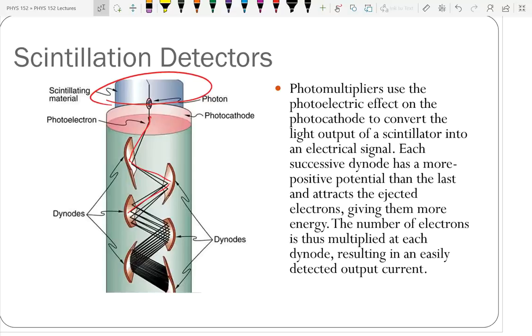We have 6 different stations, so you'll need to go to one of the 6 stations. We'll have one group with 4, and all the others will be groups of 3. 6 times 3 is 18, we have 19, so one group of 4. And the first thing you need to do is what we call a background count. So everybody get to your stations.